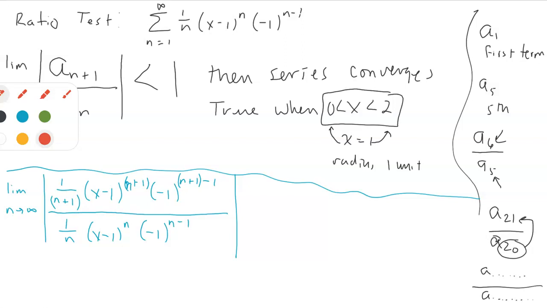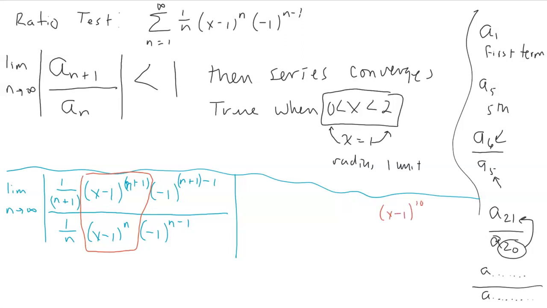So for instance, look at this. Can we just think through this a little bit? If you had x minus 1 to a power divided by x minus 1 to a power 1 less. Just as an example, if you had x minus 1 to a power like 10, and then x minus 1 to a power 1 less. I hope you see what I mean: n plus 1 versus n. This power is going to be 1 more than this power. So if I had x minus 1 to the 10th compared, as a ratio, to x minus 1 to the 9th,